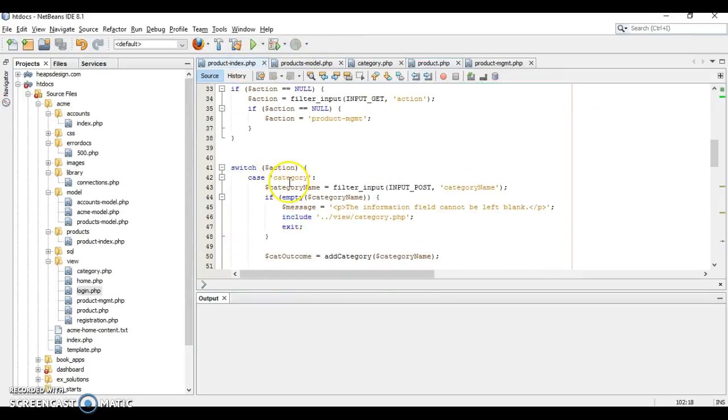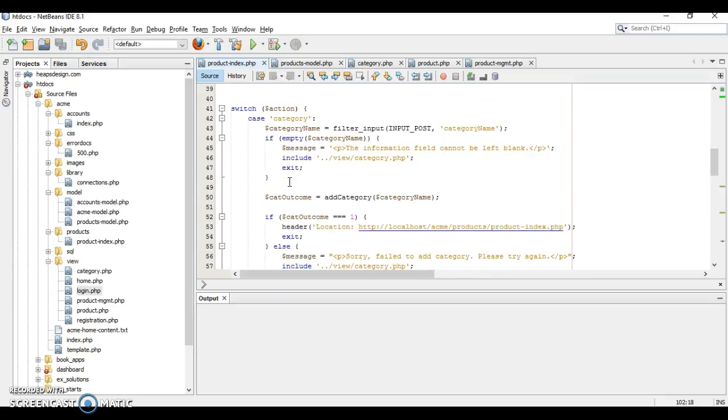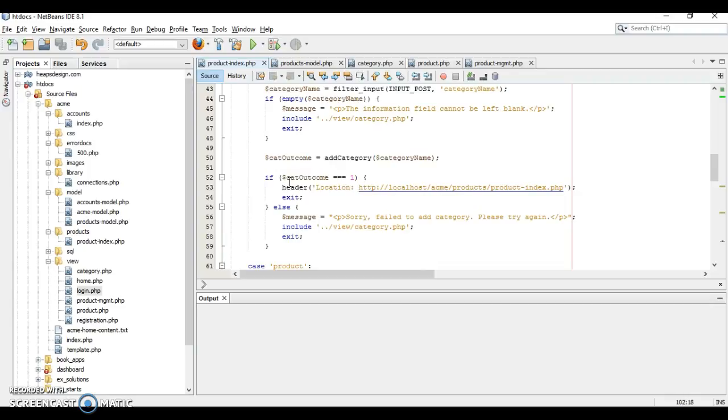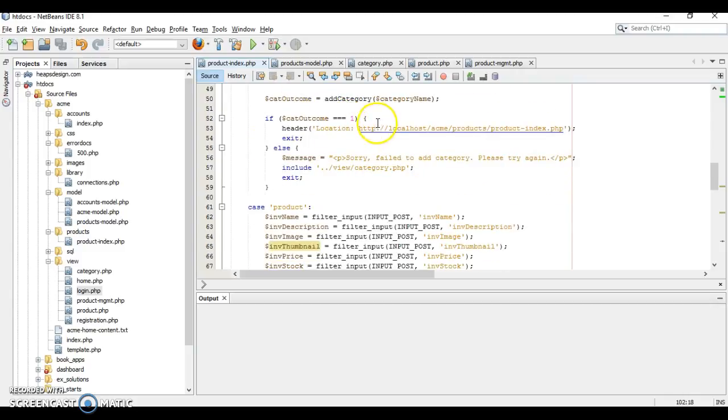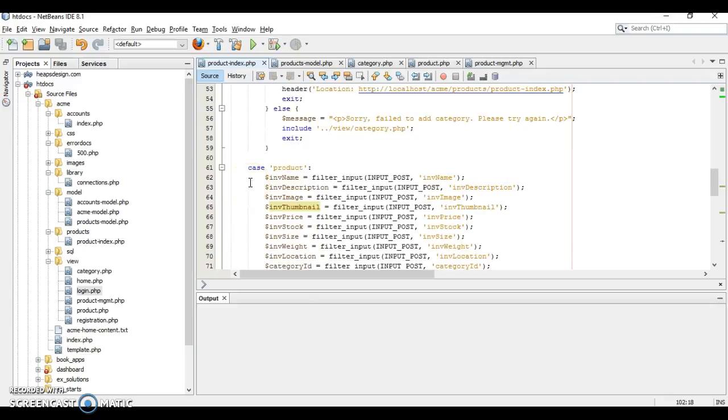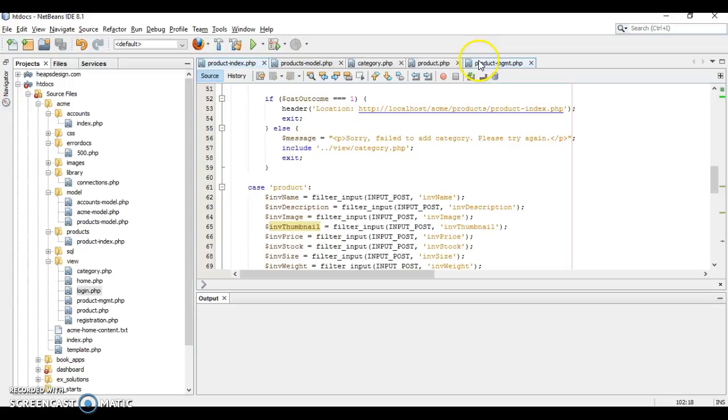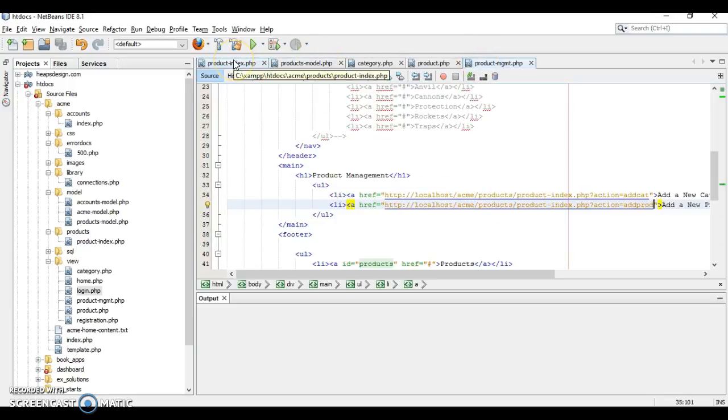Then it's got these switch statements down here that filter the inputs. They'll give me error messages: it checks to see if the form is empty, gives an error if it is, and if it's successful then it'll add the category to the database. If it fails then it'll say sorry, failed to add category, please try again. When successful, it just goes back to the product management page and you'll be able to see the new category